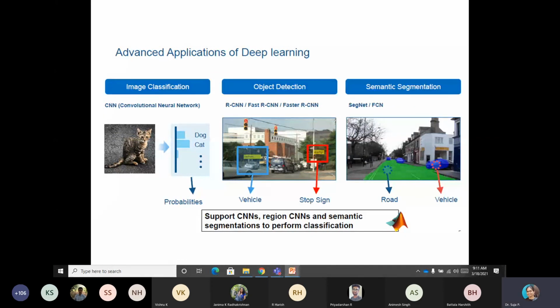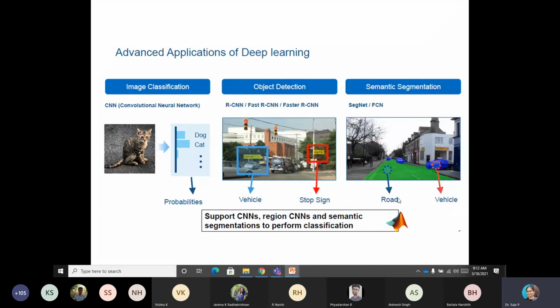Now we will move on to the advanced applications of deep learning, image classification. Actually, see, computer vision is different, or rather it comes after image processing, as the next level. What you give to image processing is just the image input, and from the image processing output, the next level application is computer vision. Okay. What happens next? Once you classify something as a vehicle or an animal or an object or a person, what happens next? That is actually the computer vision part, object detection, and then the segmentation of it.